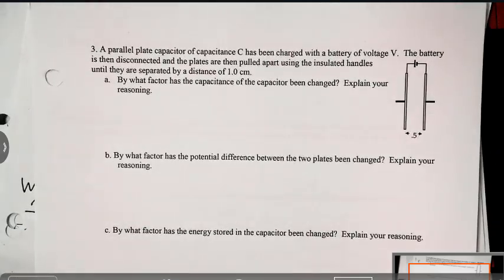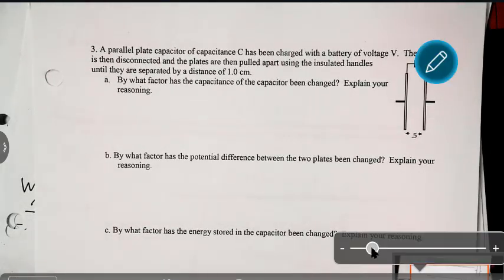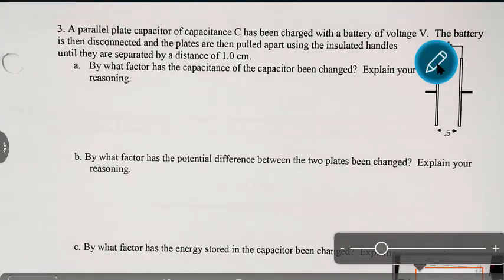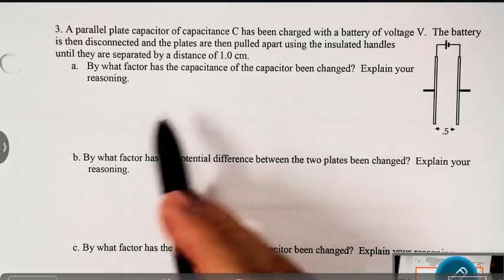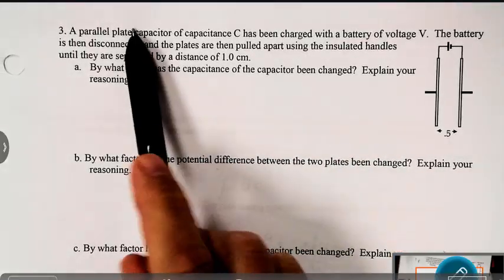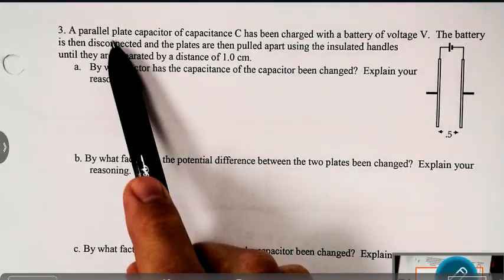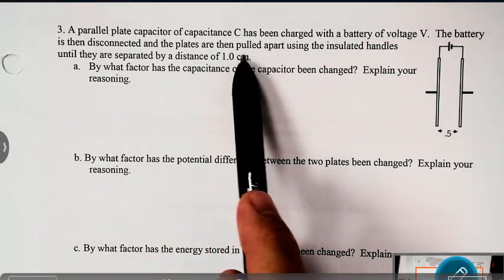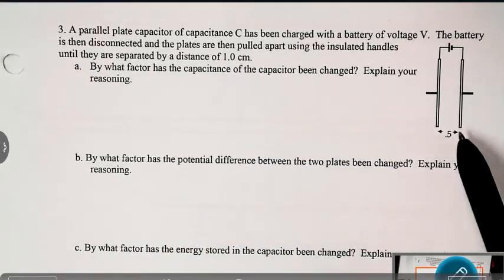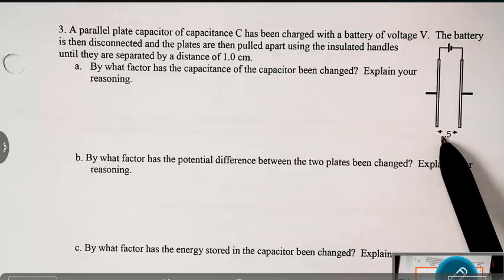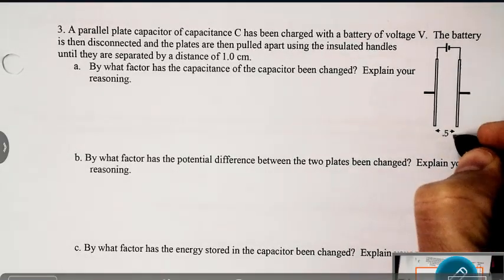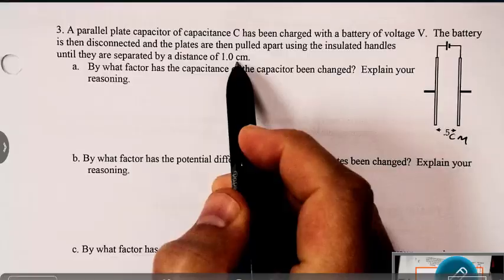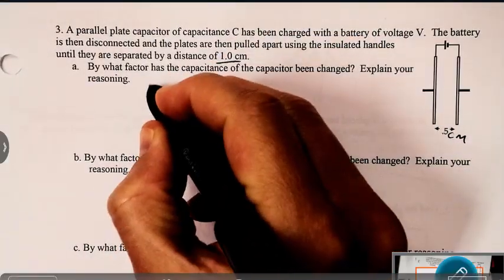Okay, let's review this. So number 3, we're trying to find how much the capacitance changed. What do I do? Okay, I understand. So we started out 0.5 meters away, or centimeters, I guess. It doesn't really say that in the problem. And then it's separated by 1 centimeter. So we double the distance,